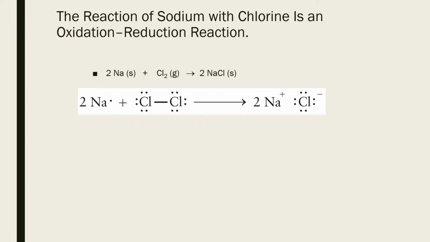Another example of oxidation reduction reaction is the reaction between sodium and chlorine gas. And in this reaction, sodium chloride, which we also know as table salt, is produced. In this reaction, 2 atoms of sodium reacts with 1 chlorine molecule to produce 2 sodium chloride formula units. Now, as such, we can't really see who's losing the electron or who's gaining the electron, but if we investigate